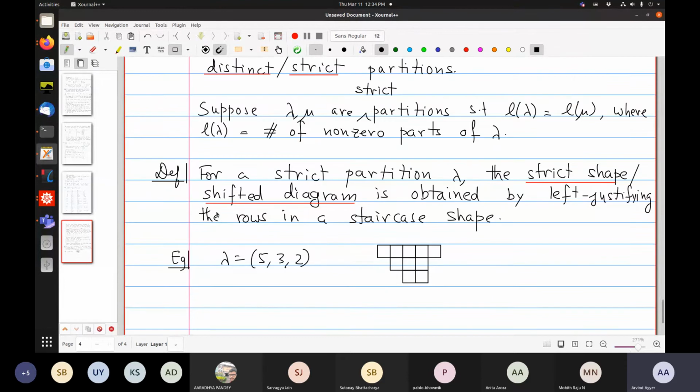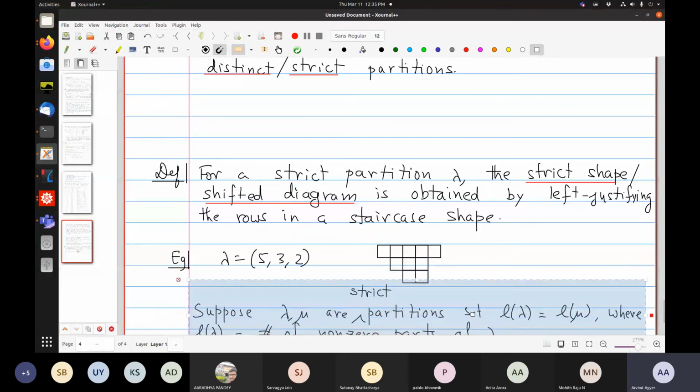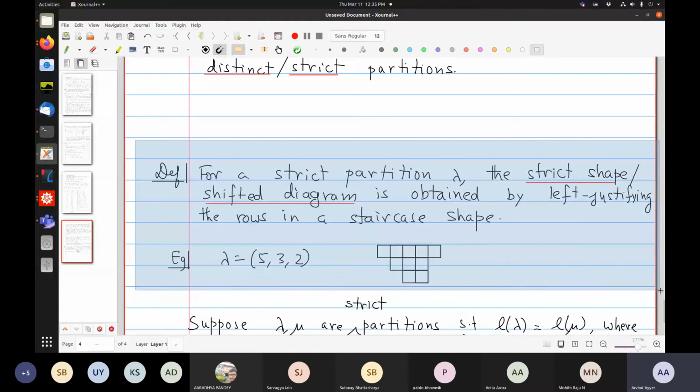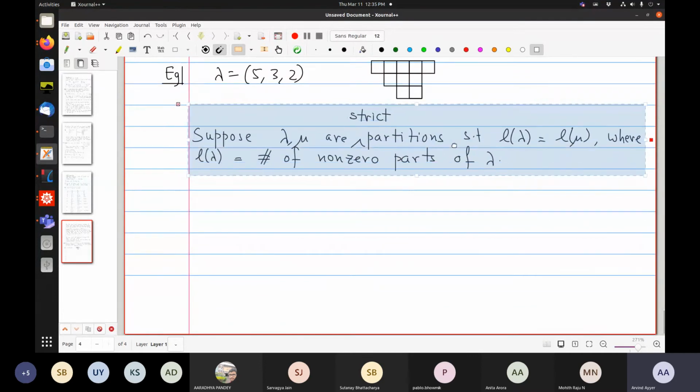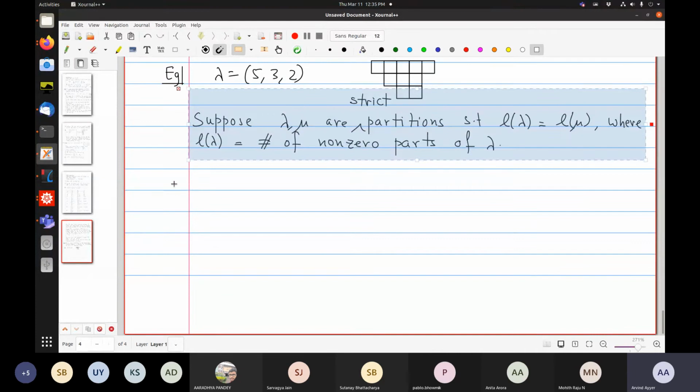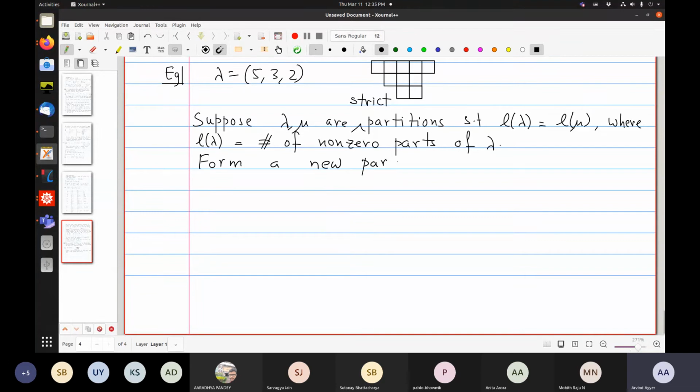Now, so remember. Maybe it's better to do this. Okay, so now I'm going to tell you how to construct this thing. So suppose lambda and mu are strict partitions with the same length. This is important. Form a new regular partition, row of lambda comma mu. The order is important. By merging